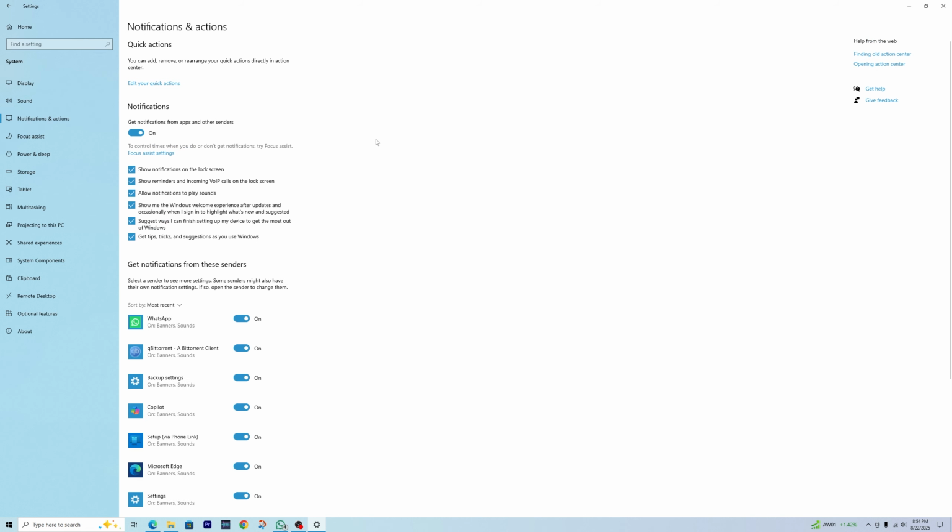Now, if you don't want any notifications at all from any app or from your system, you can simply use this button to turn them off. But I'm going to leave that on because I still need some notifications to show up instead. What I will do is uncheck the box that says show notifications on the lock screen for privacy reasons. I will also uncheck the box that says allow notifications to play sounds, so it won't make any sound while